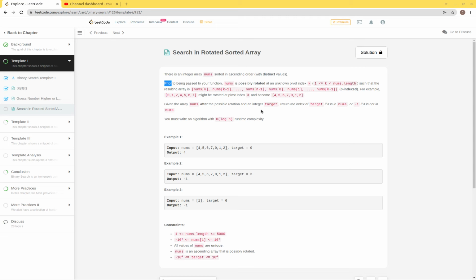Today, let's see another code problem: Search in Rotated Sorted Array. There is an integer array numbers sorted in ascending order with distinct values. Prior to being passed to your function, numbers is possibly rotated at an unknown pivot index k,